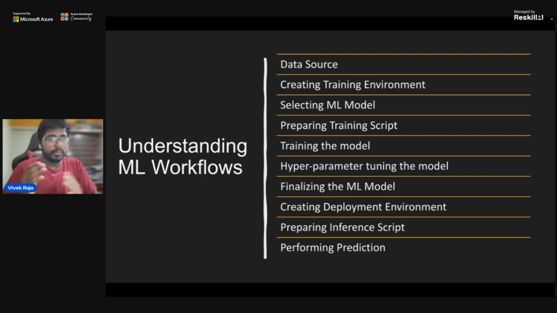So let's assume that you have finalized and you're happy with one of the models and you prepare a training script. And what does it do? So now we have three entities. We have a training environment, your data exists, you know what model to use. So you want the model to get trained on the data. To instruct that, that's where you need to write a script.